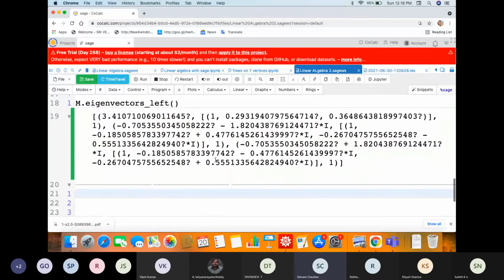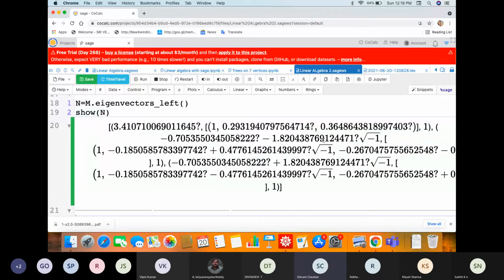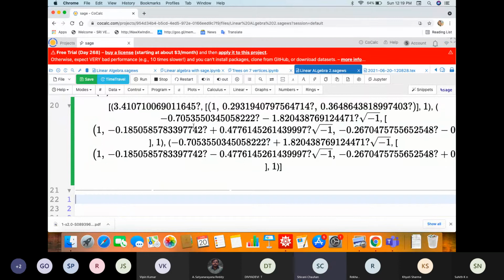Okay, so it is giving me the eigenvectors. It is in a little bit messy form. Let us try to see this. Okay, so here you can see the eigenvector.